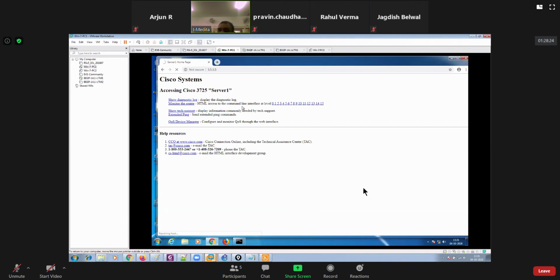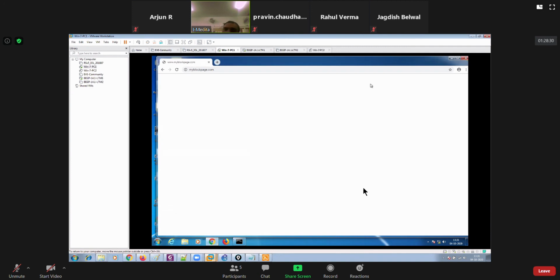That's why we will not be able to see anything here, right? Now, to identify whether we were redirected or not, you can see that myblogpage.com appears over here. However, we will not be able to access it because it does not exist in my network. But this is what you could see, that we have been redirected from 5.5.5 to www.myblogpage.com. Does that make sense to all of you?